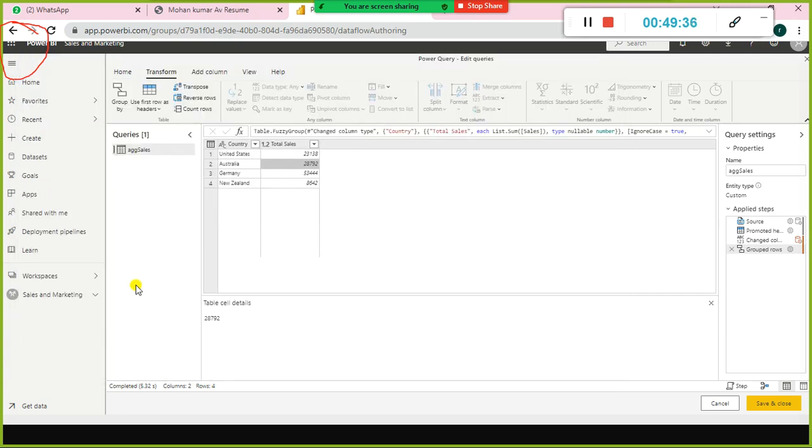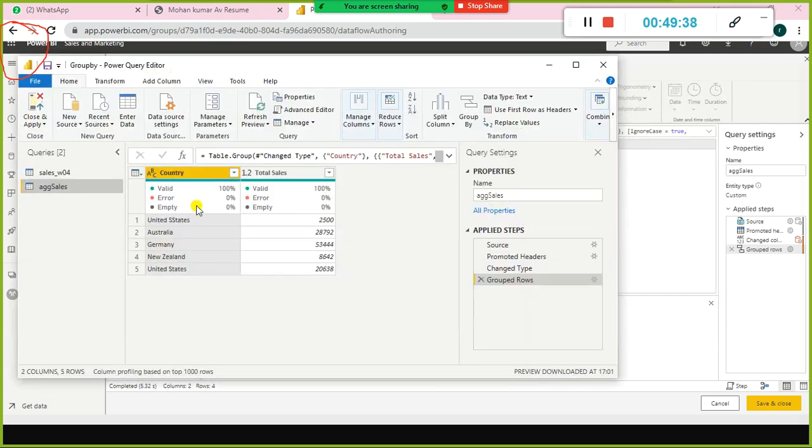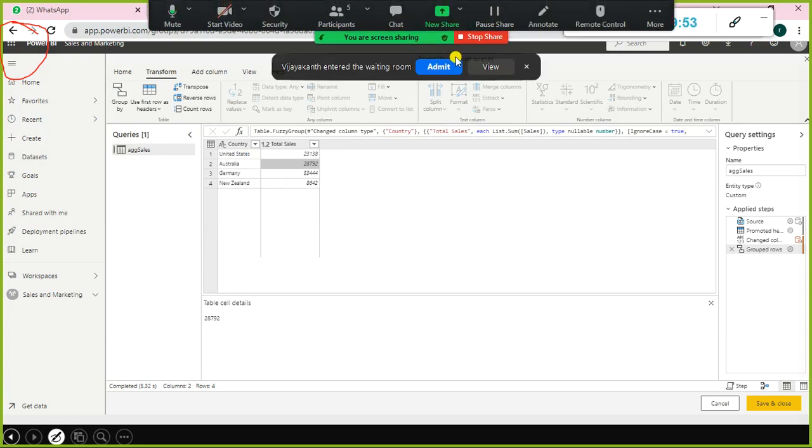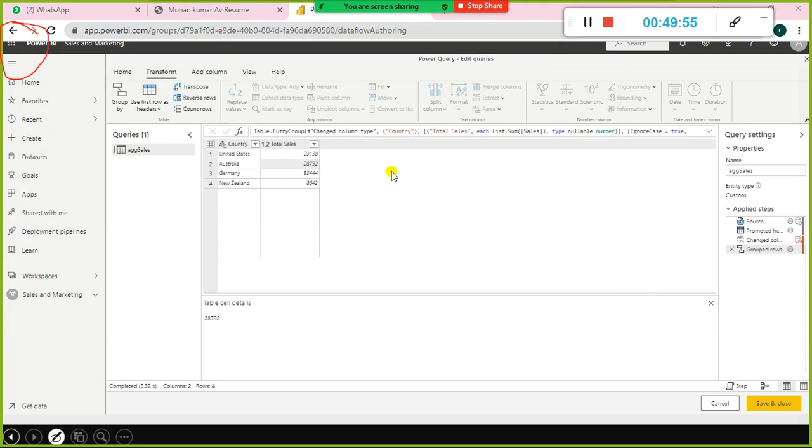In this case we have hardly a few records, 5 or 6 records. But if you have 1 million records, you need to replace the value and then go and do group by. It takes longer. Hence, in one go you go to this Power BI Cloud Power Query Editor and enable the fuzzy grouping option. You get everything in one go. Now we understood how fuzzy grouping works.